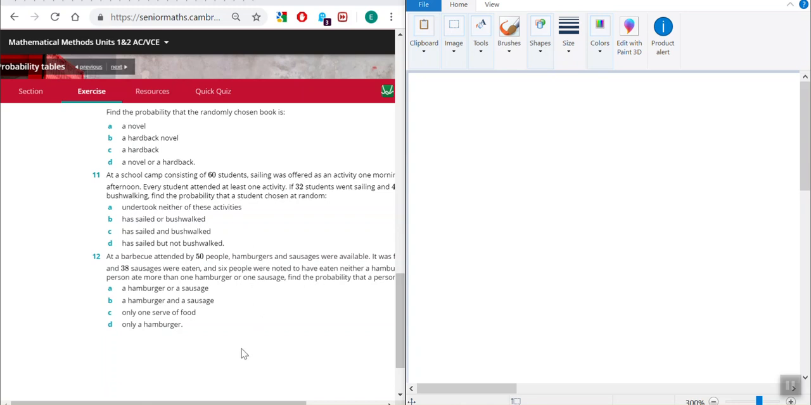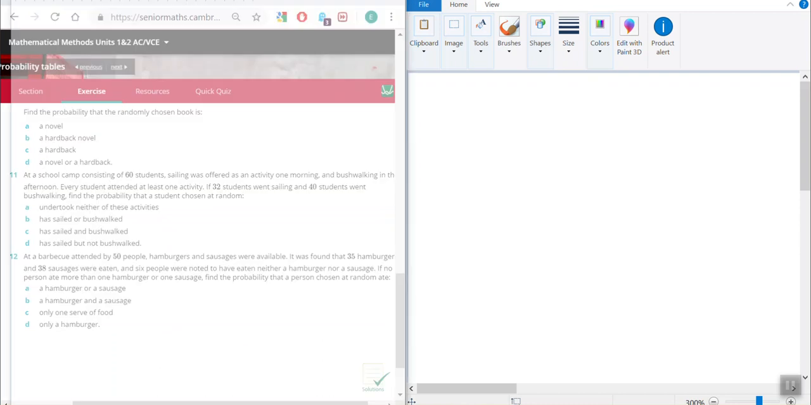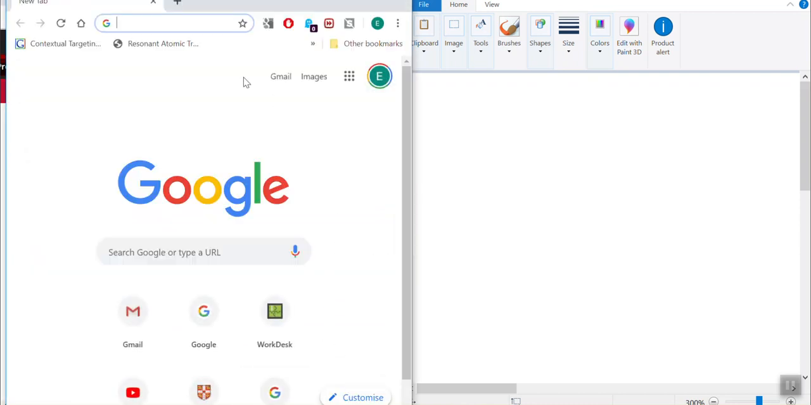This is for Year 11 Methods. We're going to look at question 11 from exercise 9E. So it's to do with probability tables. So let's go back